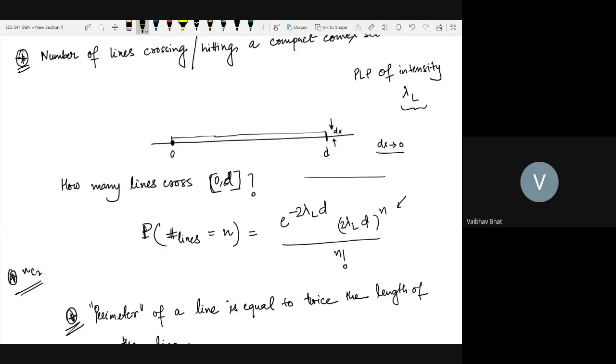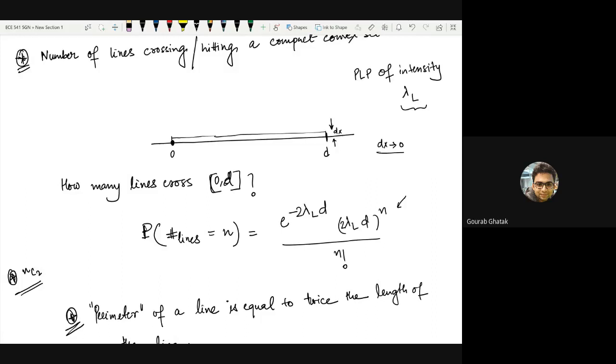That I understand. I'm saying, why am I considering two lines here? Why am I not considering simply that 0 to d line only? So the perimeter of this line would be defined as twice the length of the lines. The fact is that you can verify it with simulations, which means you generate points in the psi-d plane and look at a line in the Euclidean plane and see how many lines fall through it.